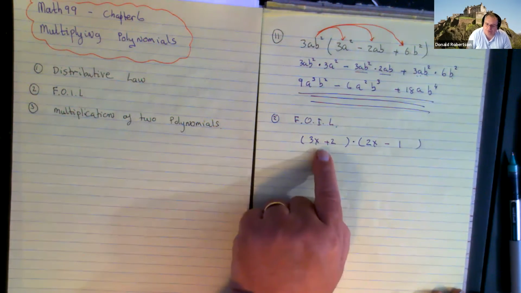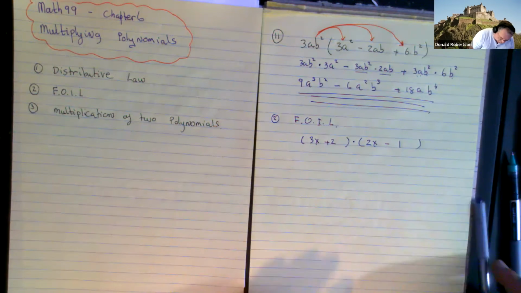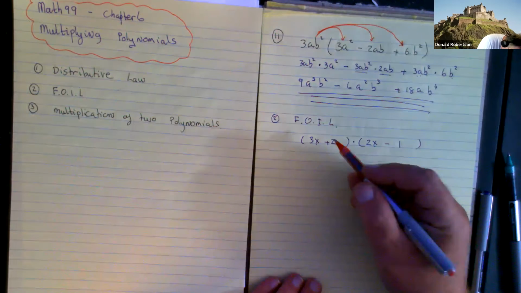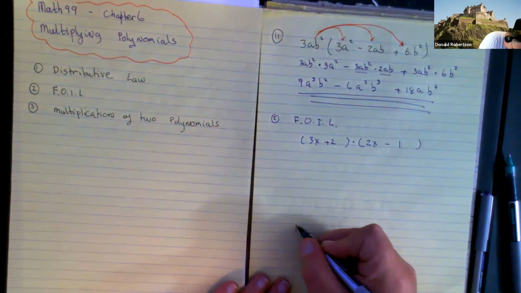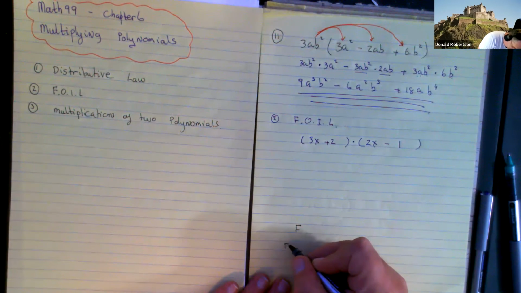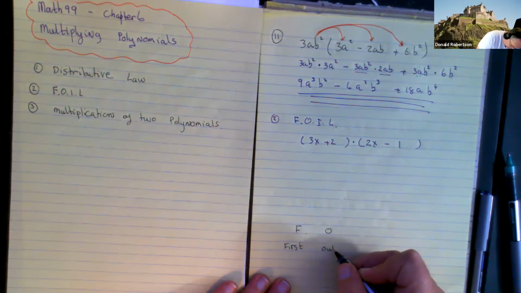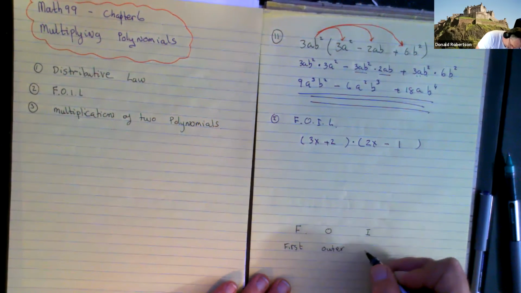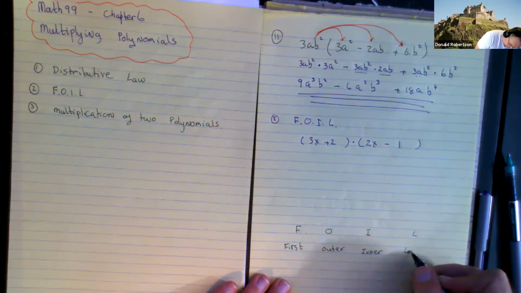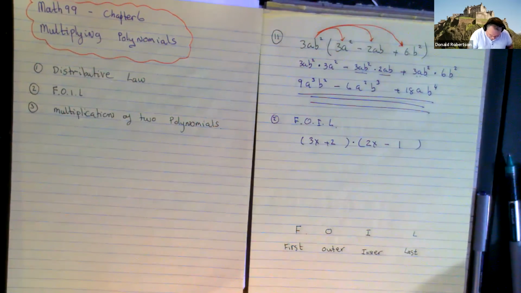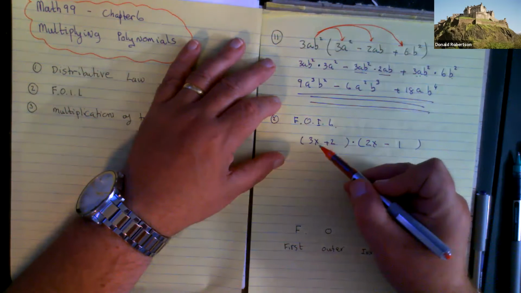And so if you see a situation, 2 terms in a bracket times 2 other terms in a bracket, you're going to do what we call FOIL. And it gets its name, well, let me tell you what it gets named for by putting it down here. F is for first, O is for outer, I is for inner, and L is for last. So this is a little mnemonic to try and help you figure out the order that you're going to do stuff. So first means 3x